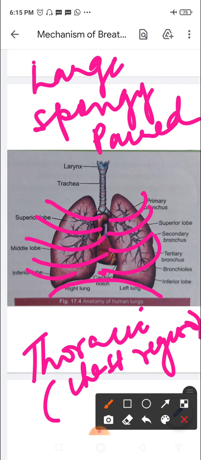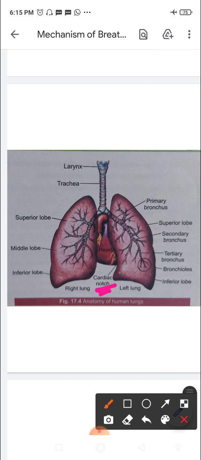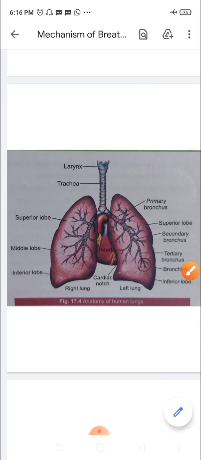The lungs are separated from one another by the heart. You can see here the region of the cardiac notch, and here you can see the heart that is located. So the heart is one thing that is separating the two lungs, and the other structures of the mediastinum, which is the area between the lungs. All the structures that are present in between the lungs are separating the left and the right lung. All the structures of the respiratory system beyond the principal bronchi, that is the main bronchi, including the bronchial tree and the pulmonary alveoli,